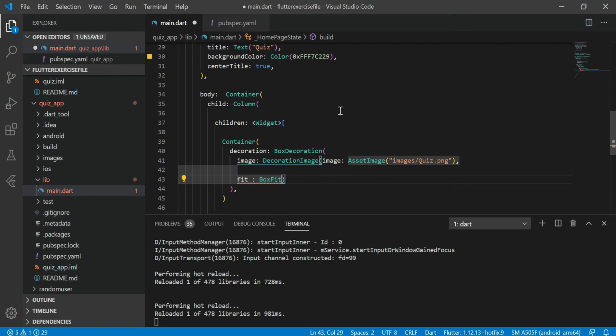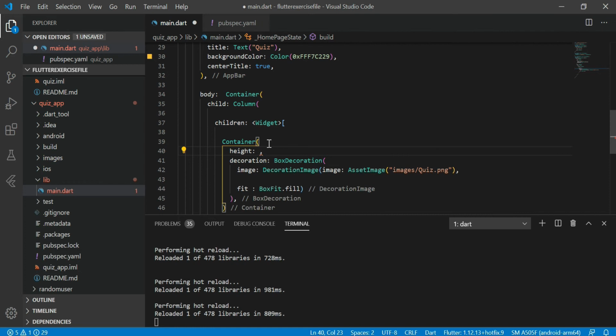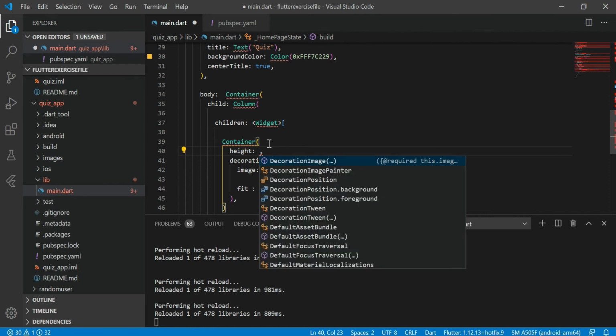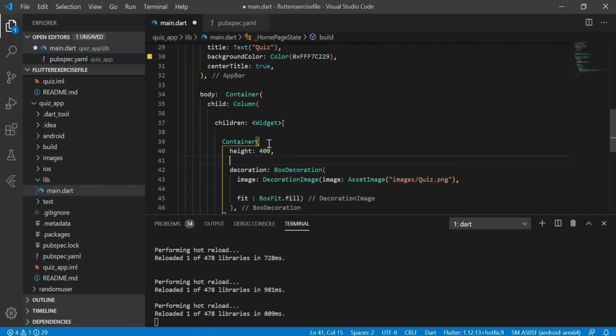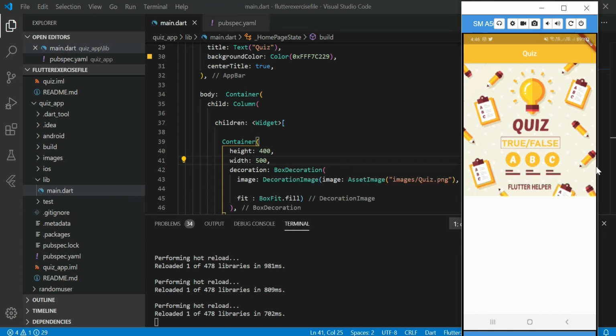Now to make images fit in container, use the BoxFit property to fit your images inside container properly, and give a width and height of the image. Height of 400 will be sufficient. Now let's see. Now it looks perfect.